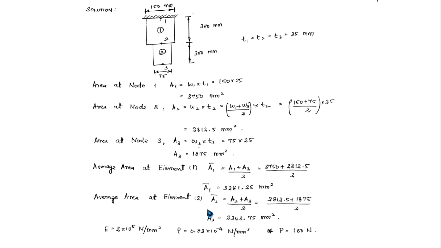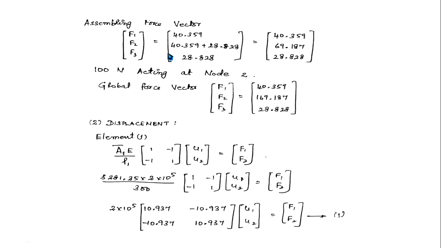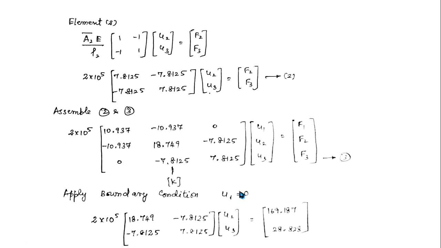Very simple. The boundary condition here is at node 1. It is a cantilever, moreover like a cantilever taper steel plate, and node 1 is arrested. So obviously u1 will be 0, and u2 and u3 you have to compute. That is your boundary condition here. Very simple. u1 is 0.